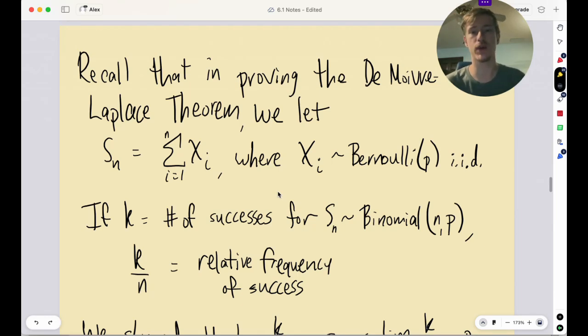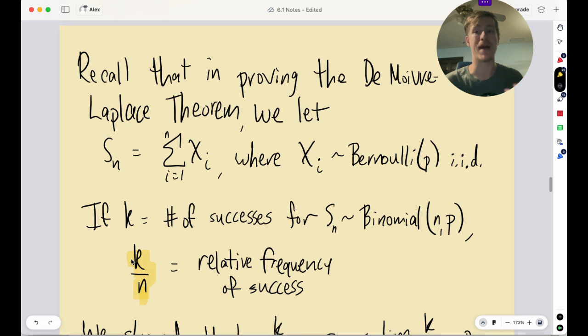So recall that when we proved the de Moivre-Laplace theorem, we defined S sub n as the sum of random variables xi, where all of those were independently and identically distributed as Bernoulli random variables. So they either occurred with probability p, or they didn't occur with probability 1 minus p. So this sum right here was actually a binomial random variable, and if we let a typical element of this random variable be k, k represents the number of successes of your binomial random variable, and if you take k divided by n, we went ahead and called that the relative frequency of success,